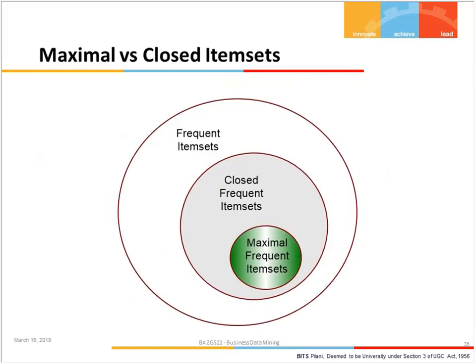So if you want to look at the Venn diagram to show what the frequent item sets are, what the closed frequent item sets are, and what the maximal frequent item sets are. So we can see that this is a lossless representation of